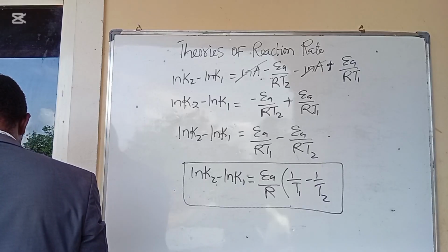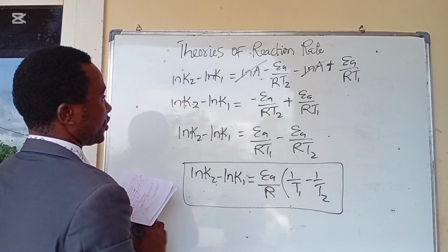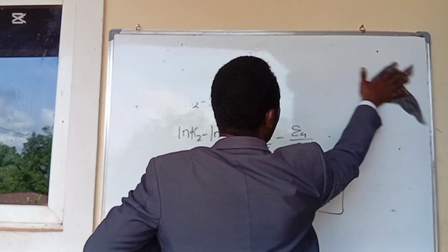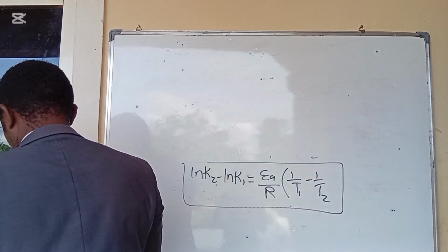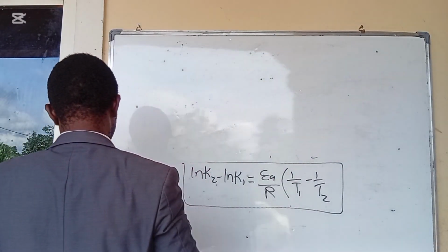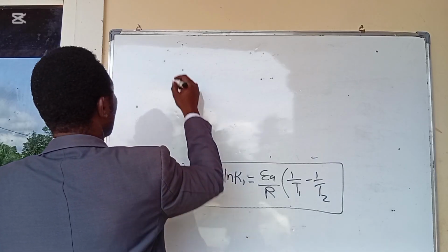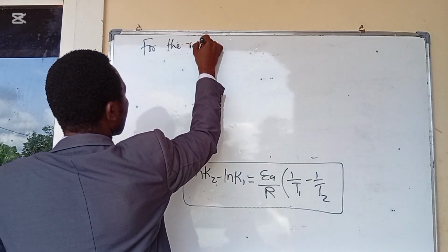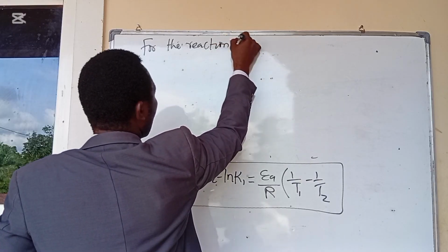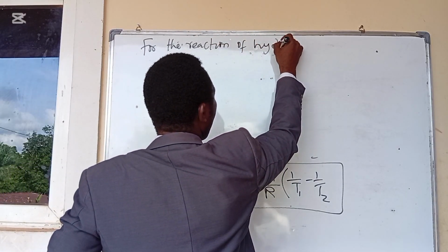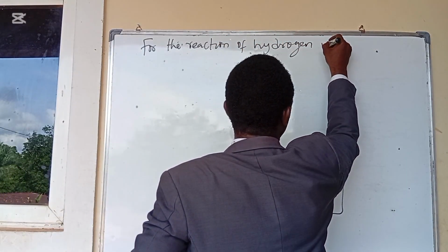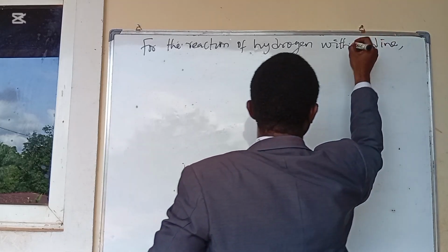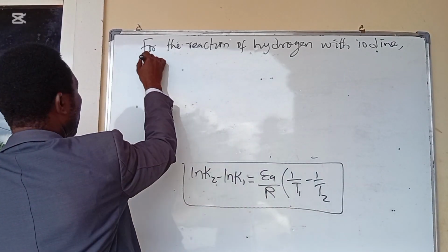So now I want us to take a question from here. Let us take one question using this equation so that we can actually know how to use it. Very fast, we can take the question. It says: for the reaction of hydrogen with iodine, the rate constant